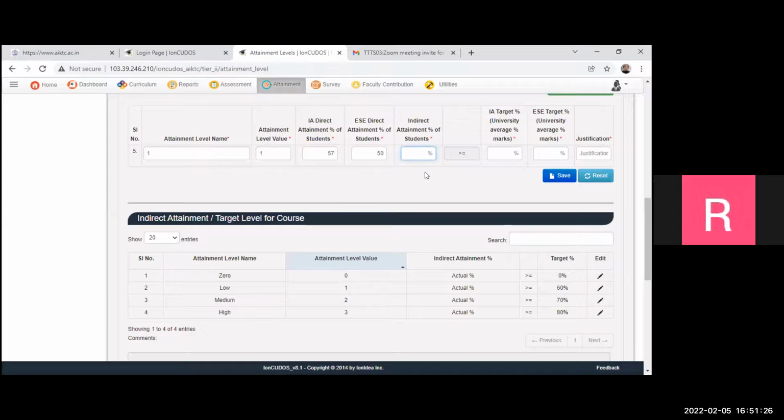Sir, will it be the same for everyone or different? Ideally, sir, for sem 1, once we decide for sem 1, for example for the 2018-22 batch, then for 2019-23 sem 1 it should be the same. Ideally it should be the same, or else if improvement or change is required, you can discuss with your senior faculty members, BOS, and then you can change it. Okay, so see, this is the limitation. Limit means we are setting a target, level 1, level 2, level 3.